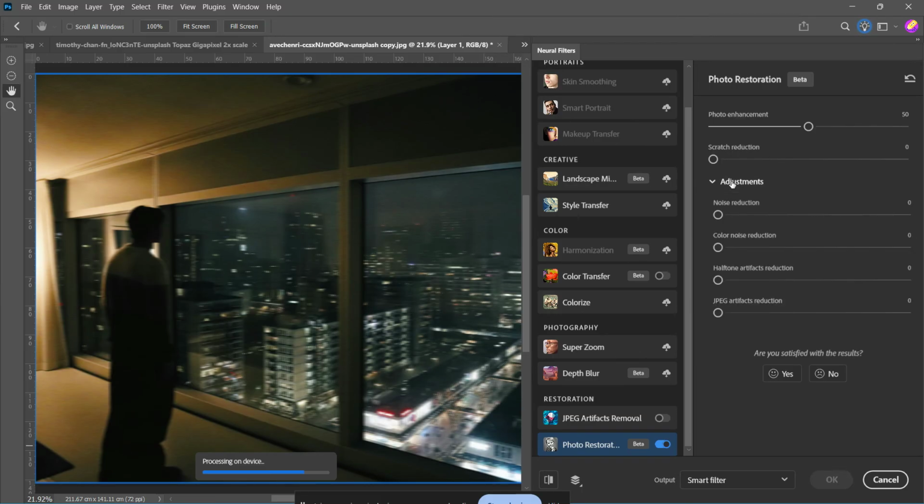Start with the Photo Enhance slider and slowly increase it until the image begins to regain clarity. Don't rush this step. A small adjustment can make a huge difference, and if you push it too far, the image can start to look unnatural or over-processed. If the photo contains people, use the Enhance Face slider as well. This helps Photoshop detect facial features and rebuild them more intelligently, which is especially useful for portraits that have soft